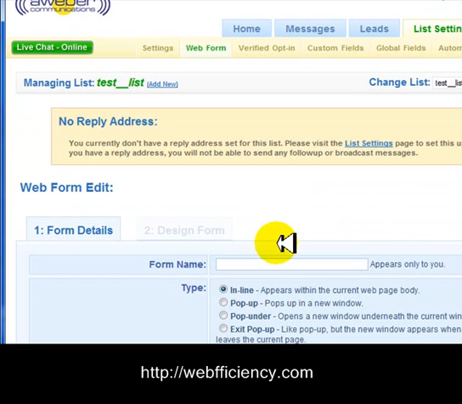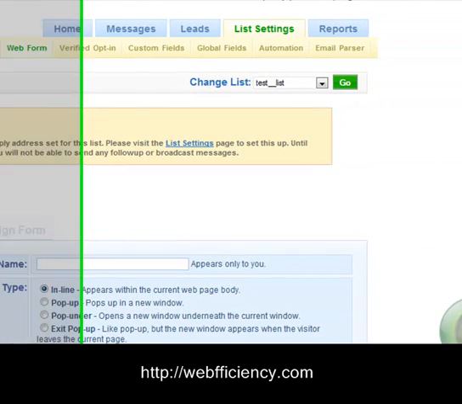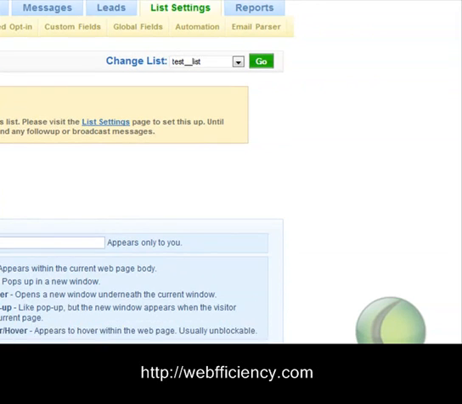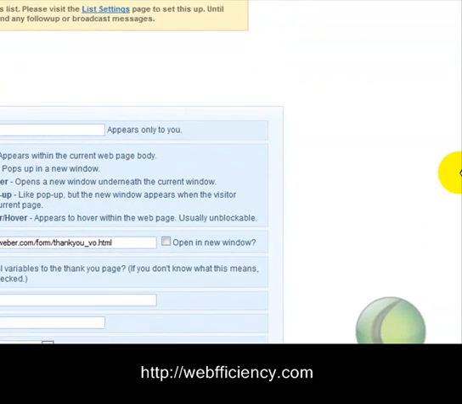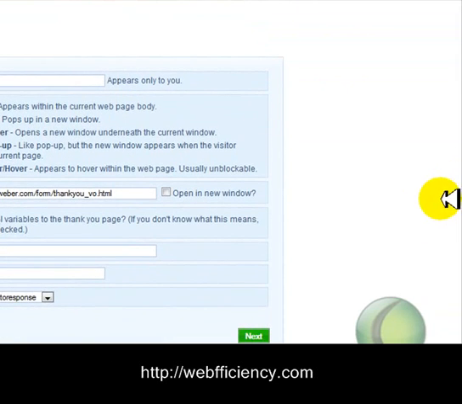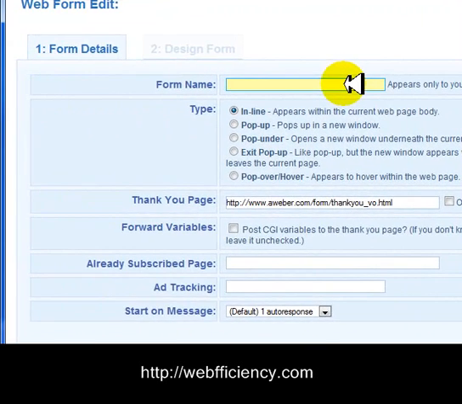and then you want to type in a name. This is only going to appear to you. You'll definitely have several web forms because you're going to have several different strategies of collecting subscribers. So I mean, some of my campaigns have 3 or 4 different forms, and it can definitely get larger than that. So you want to give these names that are relevant to what kind of form they are, where they are, etc. For testing purposes, I'm going to say